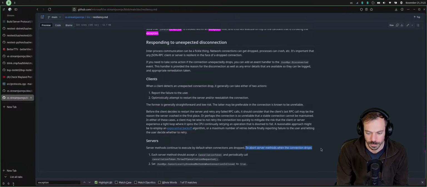To abort server methods when a connection drops, each server method should accept a cancellation token and periodically call ThrowIfCancellationRequested. Set CancelLocallyInvokedMethodsWhenConnectionIsClosed to true.